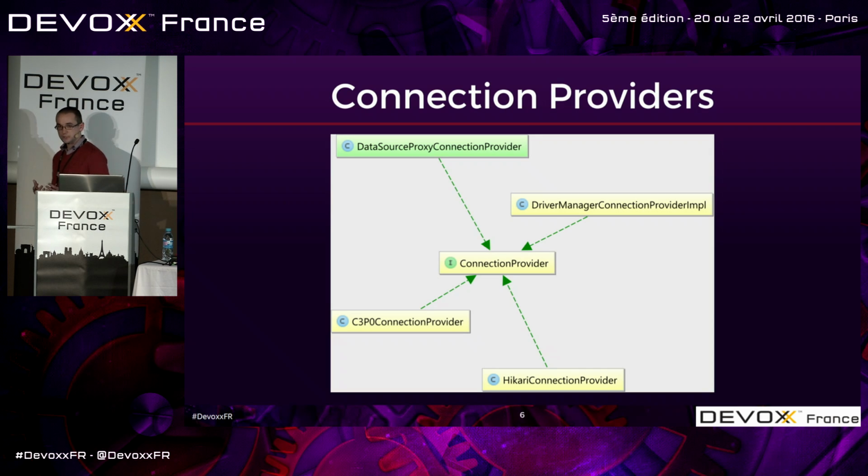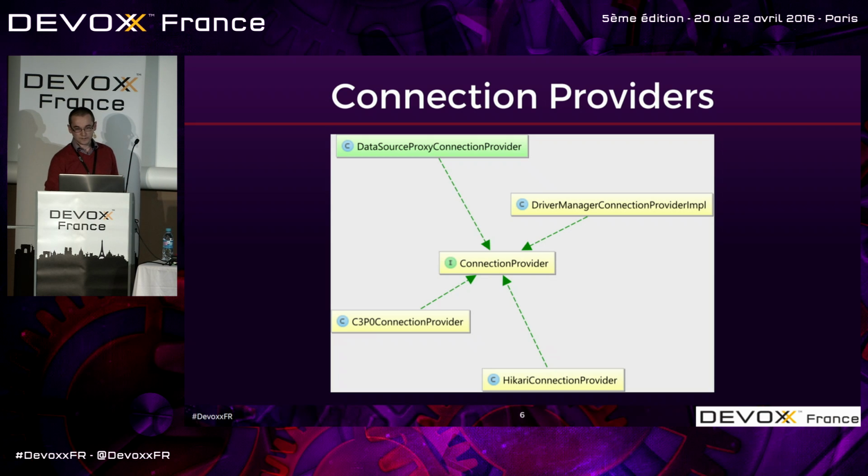Hibernate comes with many connection providers. First of all, because it tries to unify the concept offered by JDBC, where we have the physical connection represented by the driver and the driver manager, but also logical connections which are exposed via a data source. So just for testing, the driver manager connection provider is quite okay, because it only uses a rudimentary connection pool. For production, it's quite fine to use C3P0 or Hikari connection provider, but the best and the most flexible choice